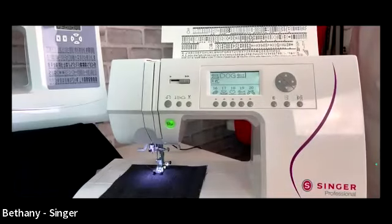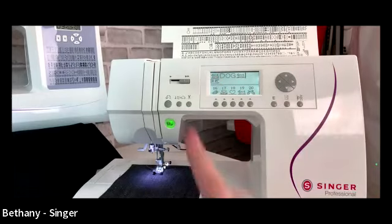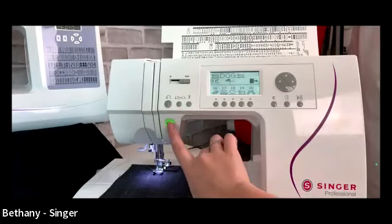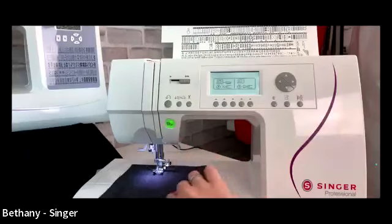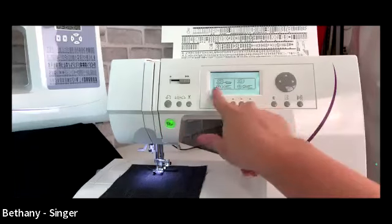So when you build a sequence, which you can do on these machines, of stitches and things like this, you can just hit start and it will, I'm going to drop my needle, it will start stitching this out. Oh, now some of these, this is good to know. See how I hit this and I got a little alert? This is telling me that my foot